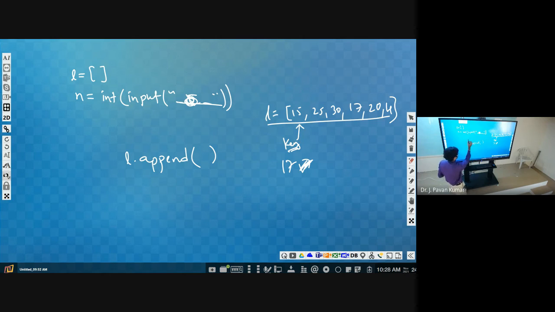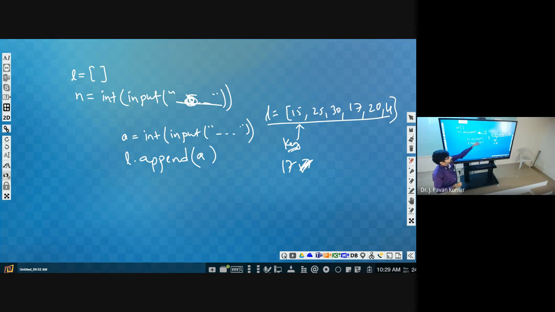So let us consider A, we will take the first element. How can we take the first element? Enter element. Okay, here you write enter element. Then we will get 15, let us say. That 15 we have to append to L. What is L? L is a list, an empty list as of now. So for that we are adding A.